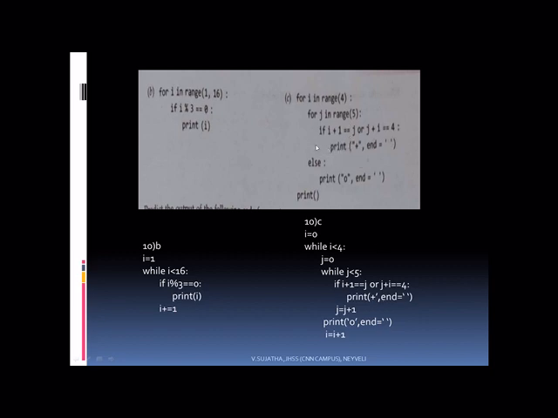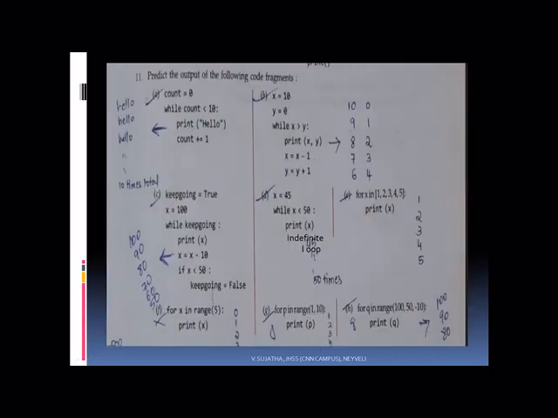Then after that, actually in a for loop, after completing this, it will move to the next iteration and increment the value in the for loop automatically. Here in the while loop, you have to explicitly increment the j value. So I am incrementing the j value, j equal to j plus 1. Then again it is going to the next iteration like that. After completing the whole inner loop, then it will print O. See here, after the while loop is completed, it will print O. Then the I value will be incremented, then it is going here. And here only you have to give the print statement. Clear? Like that only you have to convert.